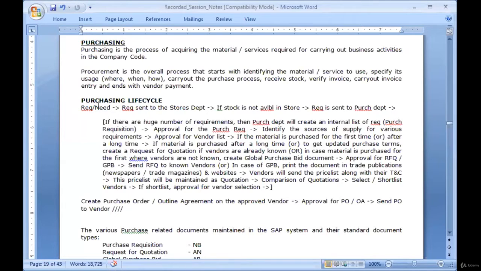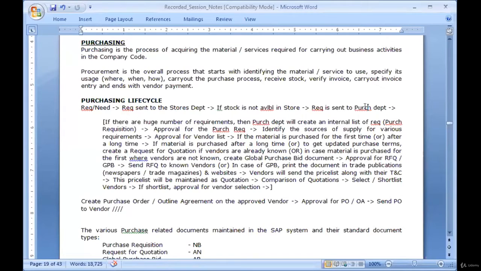So this requirement or need will be first sent to the stores department in the company. And if stock is available in the stores department, they issue it, end of the matter. But in case the stock is not available in the store, then that requirement will be forwarded to the purchasing department. Now, in most of the situations, the requirement which is sent to the purchase department will be for material which is regularly maintained in stock or regularly purchased.